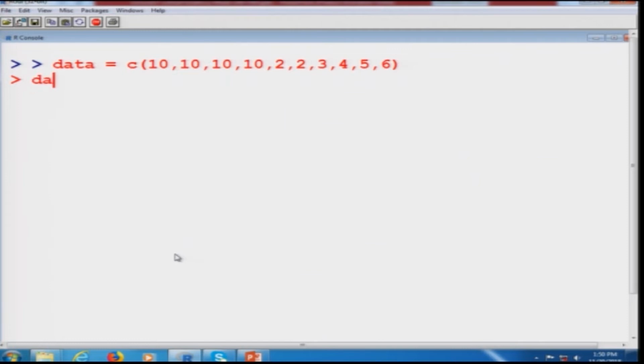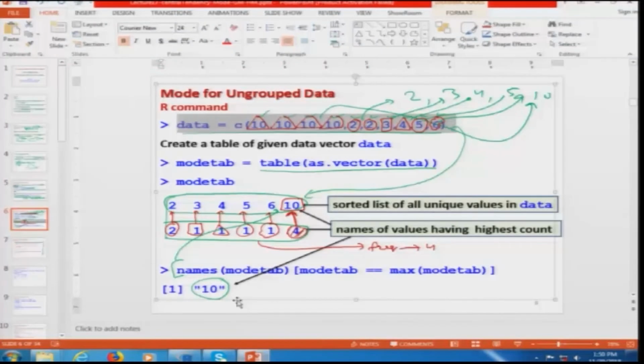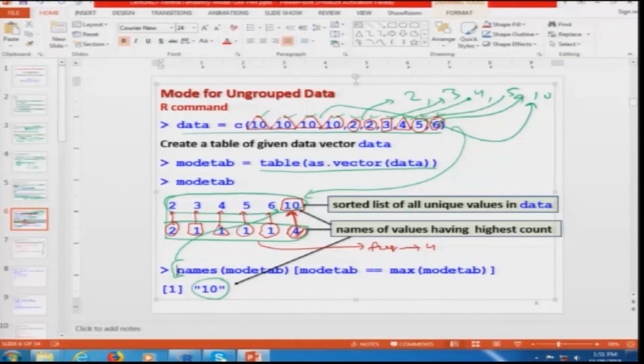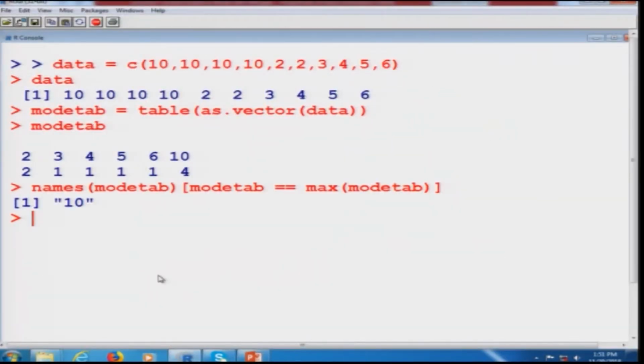So I have got a data here, and with this data I am trying to get the value mode tab. So you can see here this is mode tab, and now after this mode tab I am using the command in step 2 to get the value of the mode. This is 10, right.